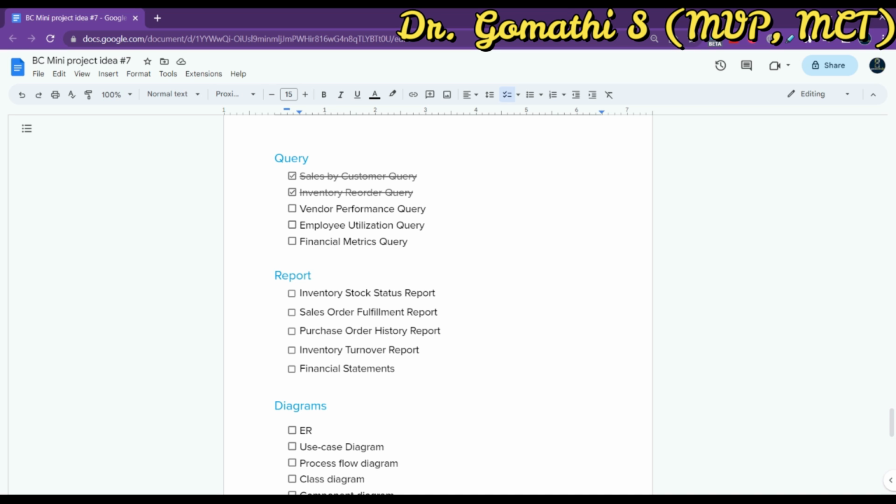And the next one is the vendor performance query. This query is used to extract the data on vendor performance, allowing businesses to see which vendors are delivering on time and providing high quality products. The next one is the employee utilization query. This query is used to extract the data on employee utilization, allowing businesses to optimize their staffing levels and allocate